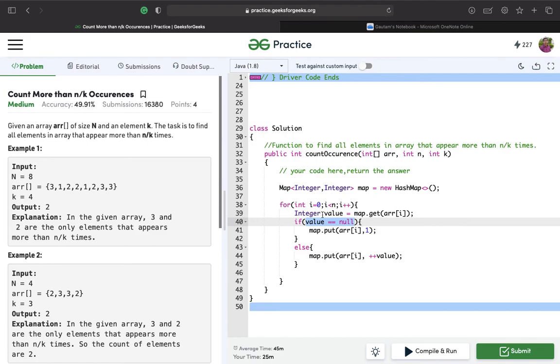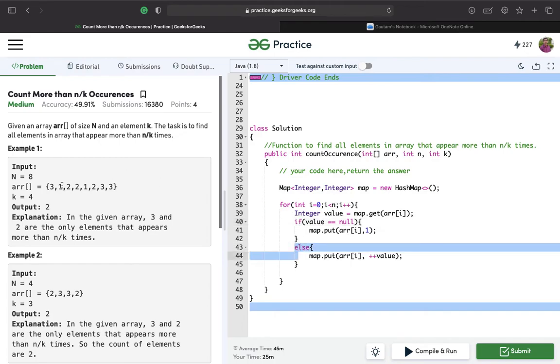That is why I have used the Integer wrapper class and not the int data type, because int data type cannot take null as a value, but the Integer wrapper class can. So I've done if value equal to null, I'll put the value of that key as 1. That means we have found the first presence of that key.